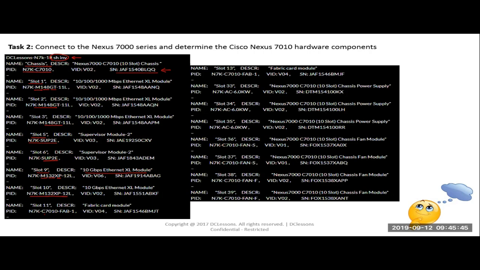On slot 11, there is a fabric module, which we call a backplane, and this is a fabric module generation 1, so here you see fab-1. If it were written fab-2, then you could think of it as a fabric module generation 2. Now if we go again, the fabric module generation 1 is on slot 13. On slot 33, you will see that there is a Nexus 7000